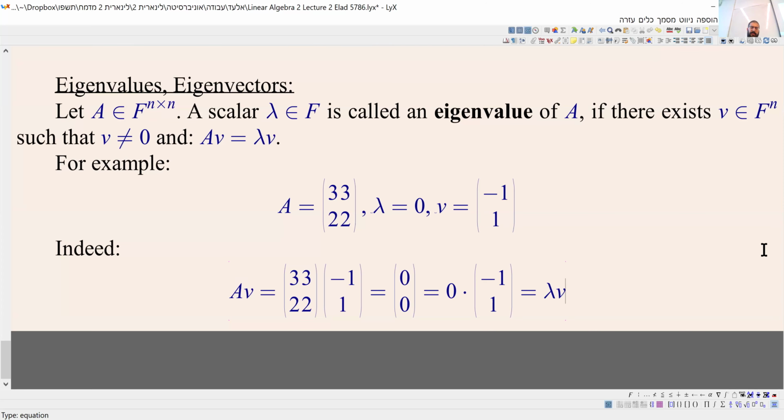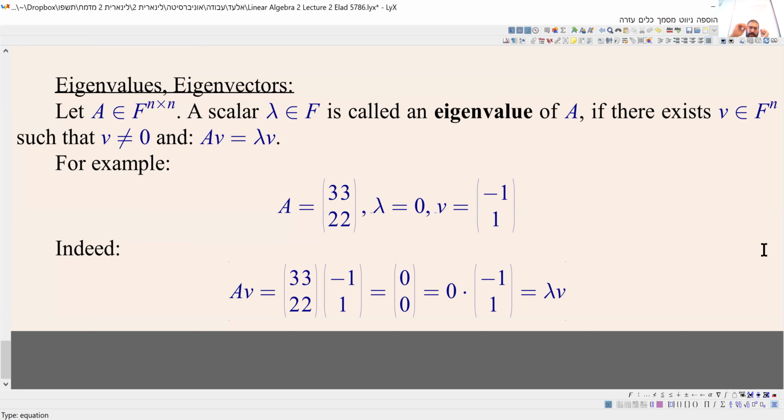So A is the matrix, lambda is called an eigenvalue because you have this vector V, which itself is not 0. Lambda can be 0. Maybe I'll mention when exactly lambda is 0. But you have the vector V, which is not 0, and the multiplications AV and lambda V are the same. In such a case, we call lambda